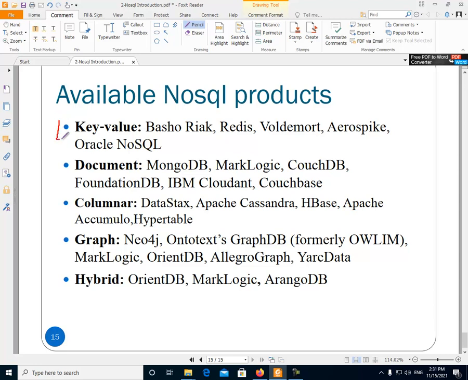For example, in the key value, Riak is an example, in the document database, MongoDB is an example, in the column database, Cassandra is an example, and in the graph database, Neo4j is an example. These are some examples of these different types of